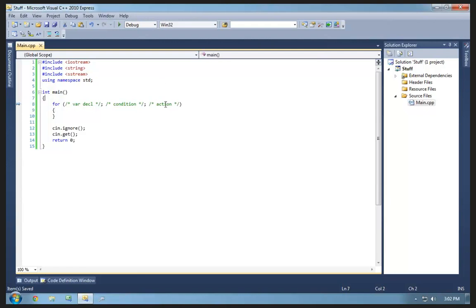And for some reason, I can't click on this line of code. Oh, there we go. I don't even know. Okay, so let's go ahead and talk about